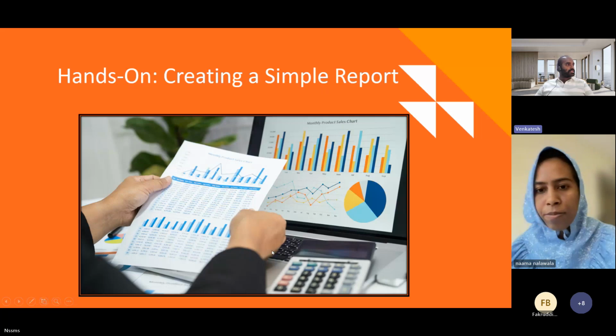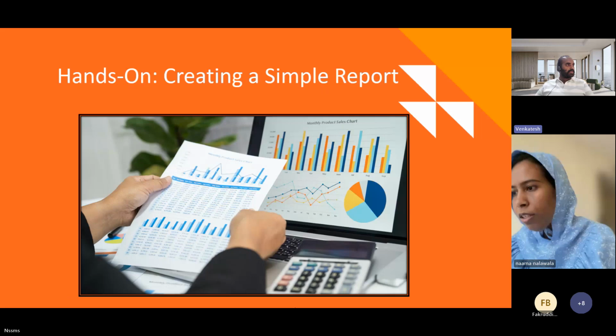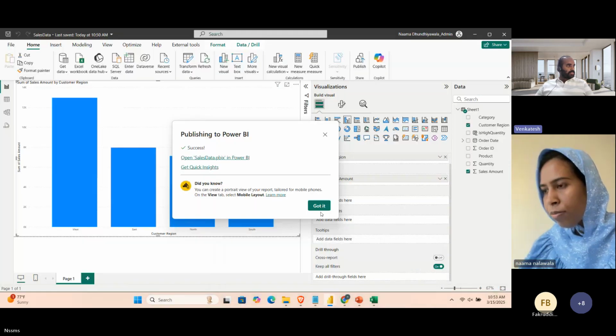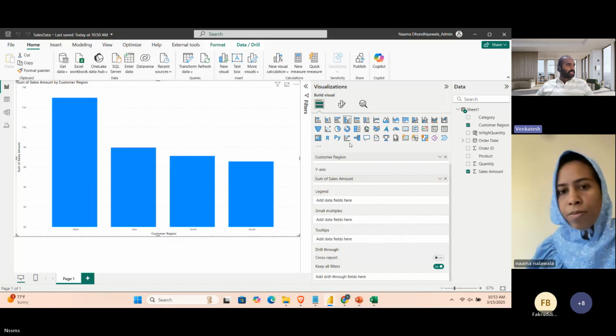Okay. So Nama, can you just go to that Power BI place? I just want to show one feature which I use usually. Yes. So there's a focus mode. There are multiple visuals in the same page. Then you can create a focus mode, and that screenshot you can take and directly paste it in your PPTs. So on the top there is a focus mode. If you can click on it